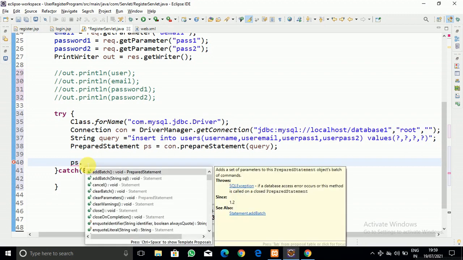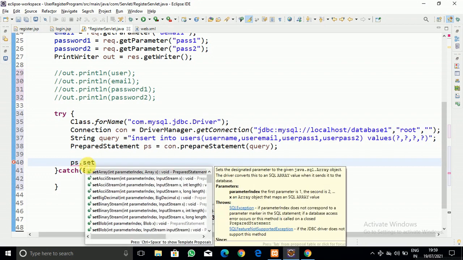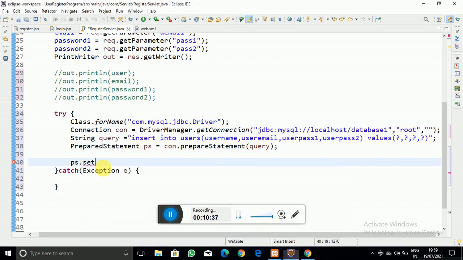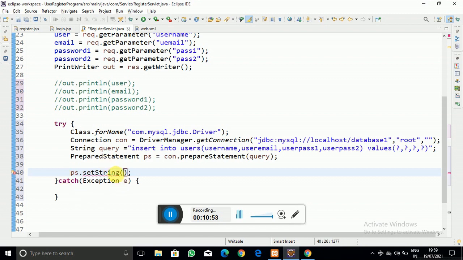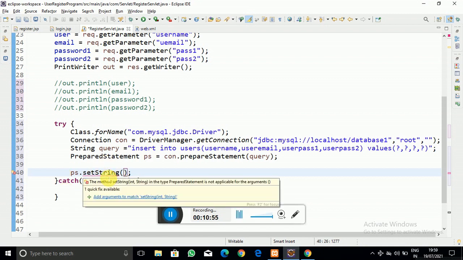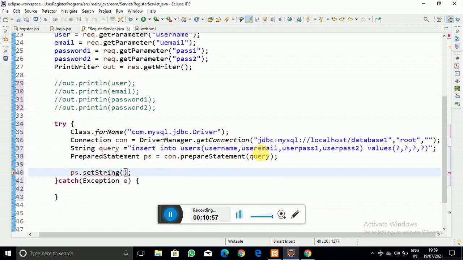So ps.setString. Why am I going to write setString? This is because the first value which we are going to insert is in string format, that is the username. So I am going to use the setString method to replace that placeholder value.